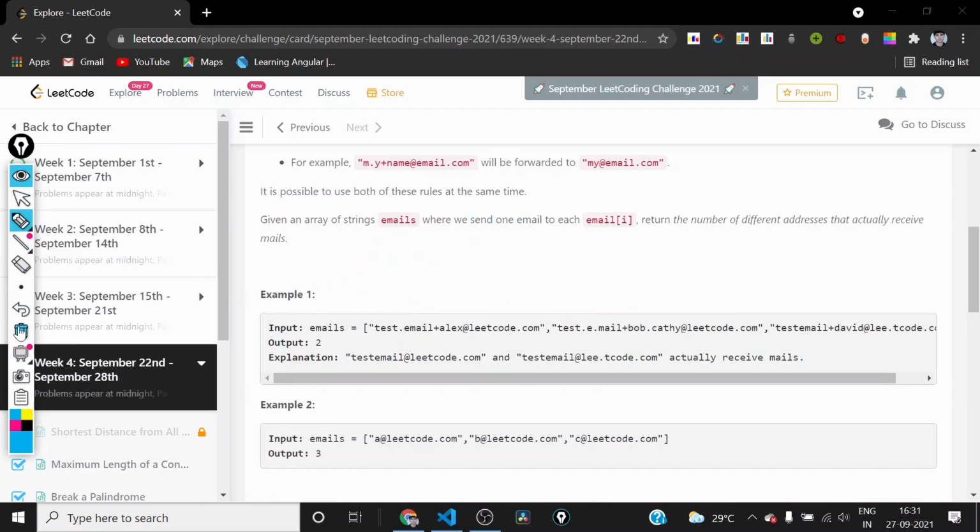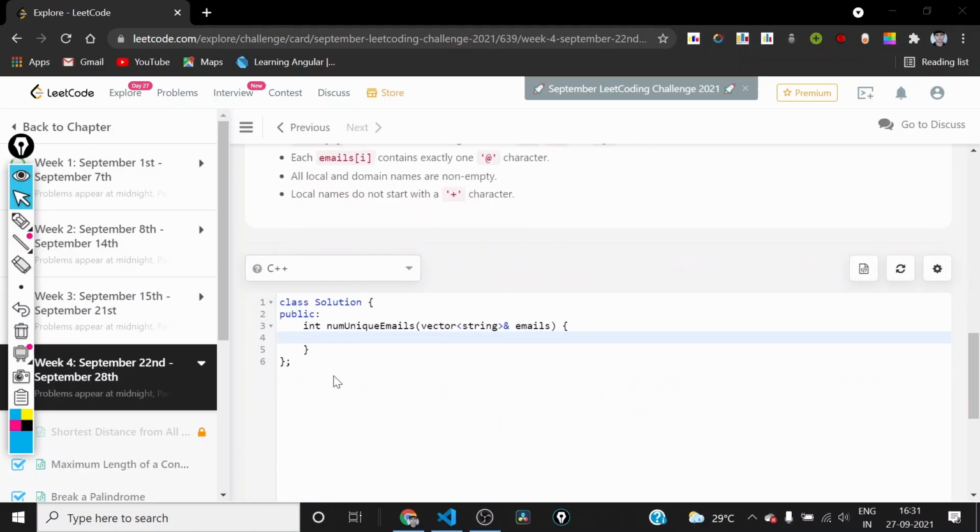So we can start implementing it. First of all, we will declare an unordered set, which I will call unique emails.